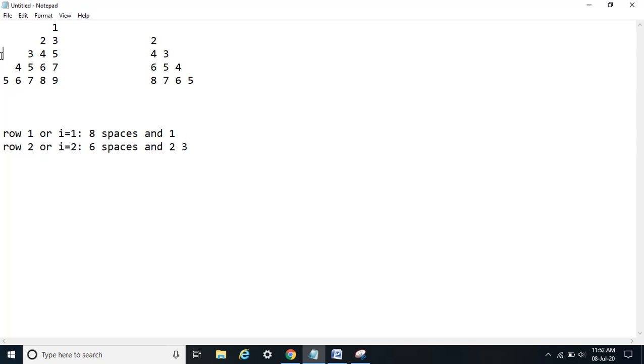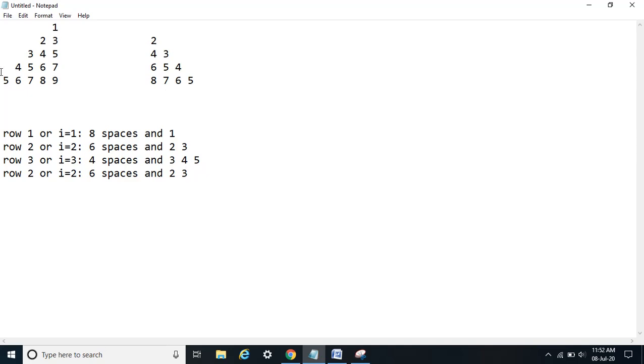Now in the third row what do I have? 1, 2, 3, 4. 4 spaces. Let's copy this. So in row 3 or I equals 3, we have 4 spaces and after that 3, 4, 5.